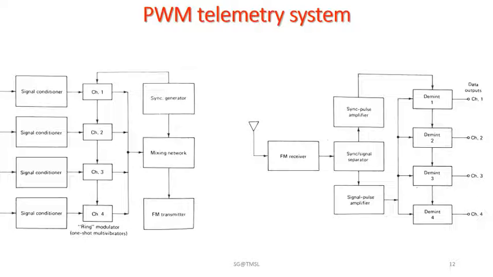The mixing network differentiates the square pulses and clips the positive part to obtain negative pulses, and forms a composite signal of a positive synchronizing pulse and a series of negative signal pulses. The FM transmitter transmits that composite signal generated from this mixing network. So that is the transmitter circuit function, and on the right hand side is the receiving system or receiver,